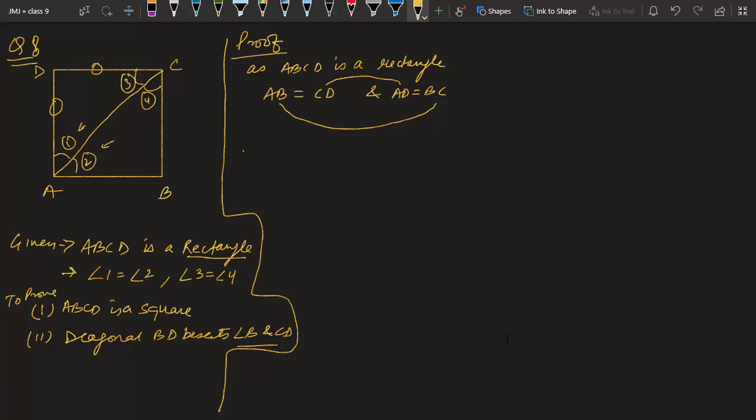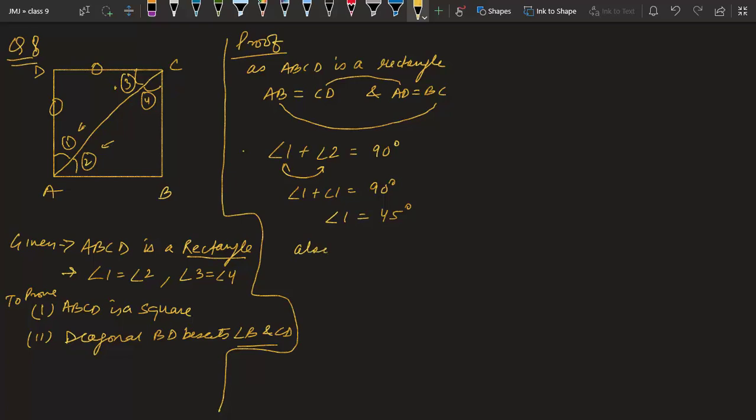In the previous method we have seen angle 1 is equal to angle 4, and no, that will not help. We have to see this new method only because it is a rectangle, so we have to respect it that way. That method will not work here. We know angle 1 plus angle 2 equals how much? 90 degrees, and they are equal also. So angle 1 plus angle 1 is equal to 90 degrees. That gives me angle 1 equal to 45 degrees. Similarly, I will try to prove angle 3 also 45 degrees, and by that my work is done.